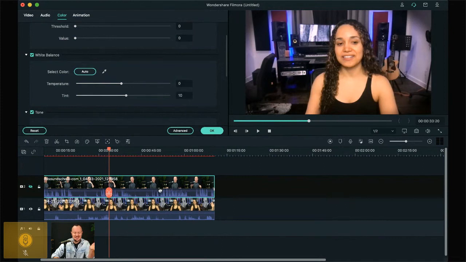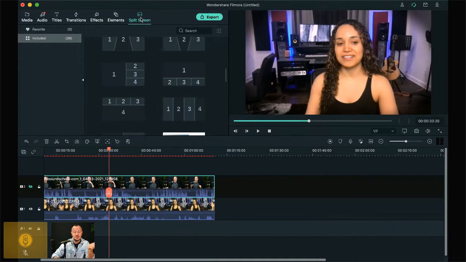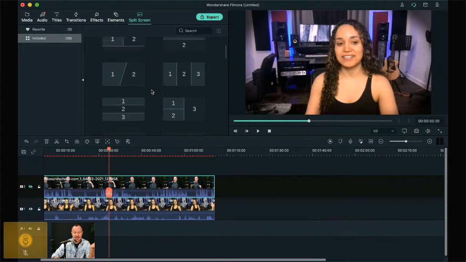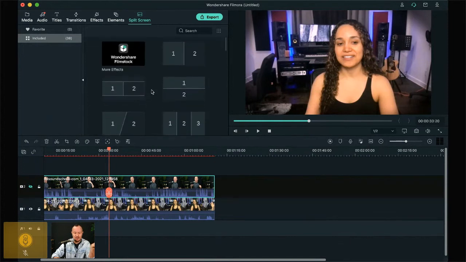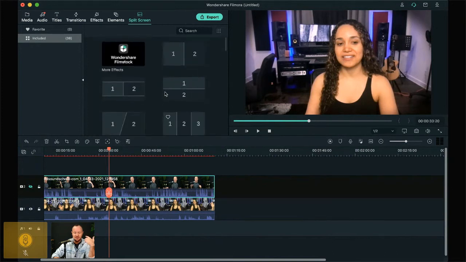And this is one of the things I like most about Filmora. Now that I'm done with this panel that allows me to fine tune the video in question that I have highlighted, I can press OK. And now if we go all the way over to the left here, we have something called split screen. This is really cool specifically for us podcasters who are doing remote interviews. They have really cool split screen options right out of the box. They have for 3 people, they have for 4 people, they have different styles.